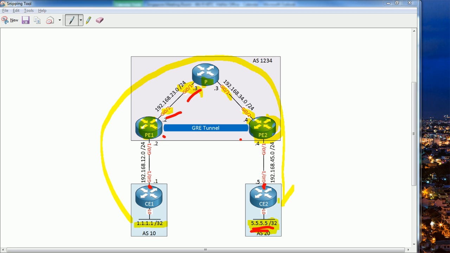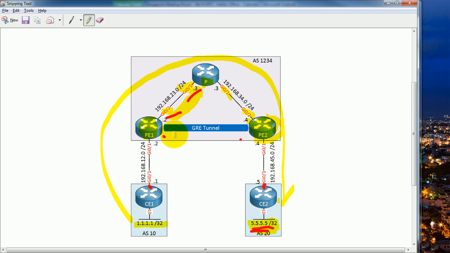When the P router receives something that is tagged with this label, for forwarding the packet it should tag the label number with the outgoing label. In this case, it will tag the label number 17, and this has to be forwarded